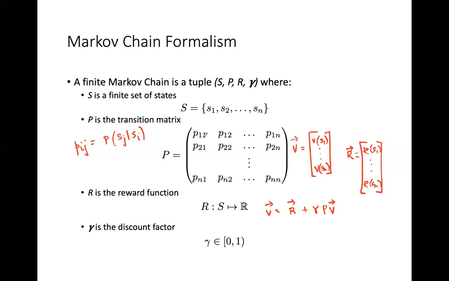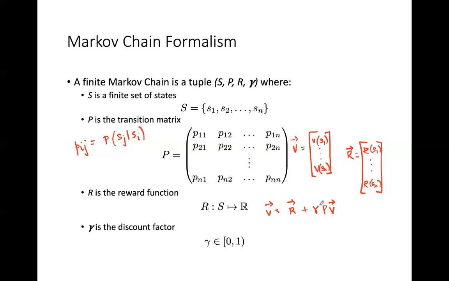So the probability of starting in state one and ending in state one gets multiplied by the value of state one. And then the probability of starting in state one and transitioning to two would get multiplied by the value of state two, and so on, right? Which is exactly the form of the equation we just saw a second ago. Of course, some of these entries could be zero, in which case we just knock it out when multiplying and summing them together when performing this